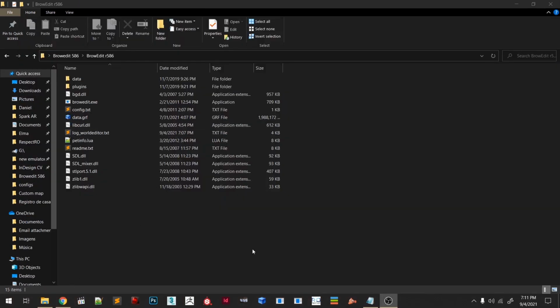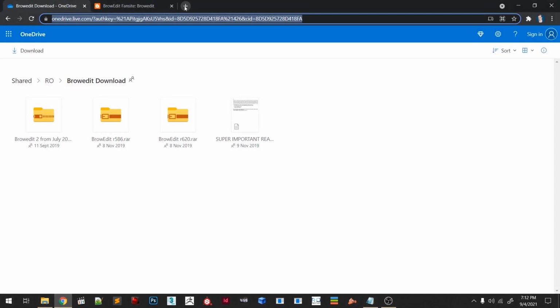Okay folks, so right now I want to create a custom texture. This is optional. You can choose to use some that's already in Ragnarok Online, or you can create your own custom texture.